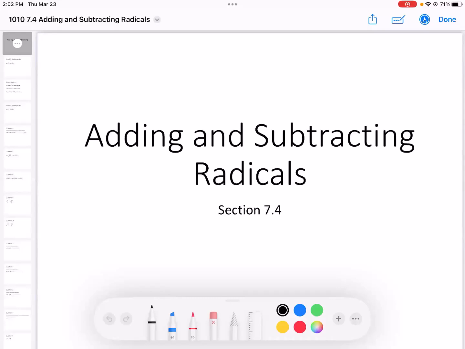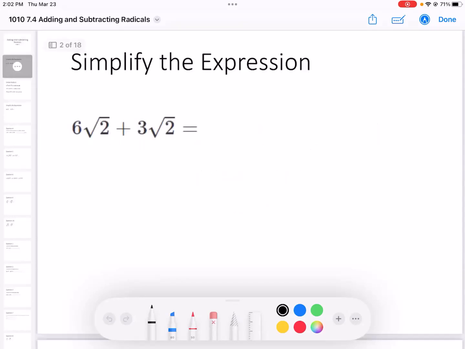Our lesson today, section 7.4, is, in my opinion, one of the easiest sections. So we're going to be talking about how to add and subtract radicals. Remember, radicals is just another word for roots, like square roots or cube roots or fourth roots or things like that. And basically, the way that you add and subtract radicals is kind of like you add and subtract